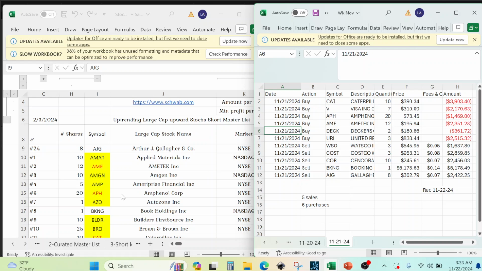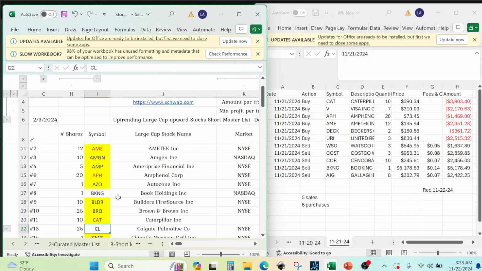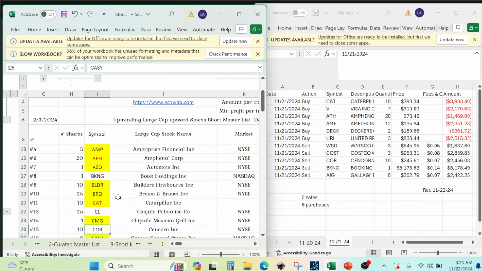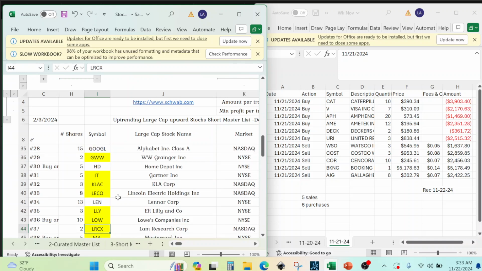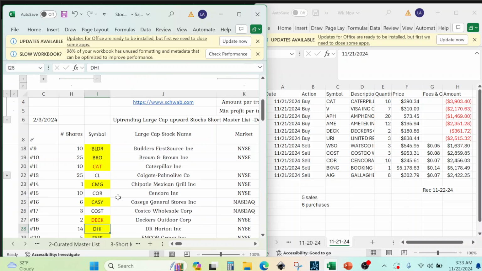So we bought cards. Let's make sure it is highlighted. Yes. We bought V. Let's make sure we highlight V, because what we highlight we are not going to buy again, since we assume we have it already in our portfolio. I want to make sure I didn't place an order to buy something that then didn't go through, and I highlighted it anyway. So V, we highlighted. Let's go to APH. APH, we highlighted. DEC, we highlighted. Okay, URI,